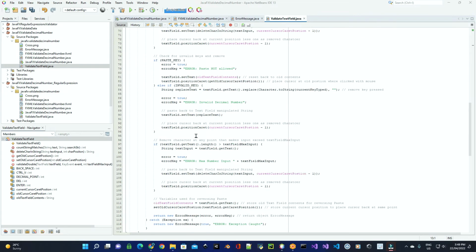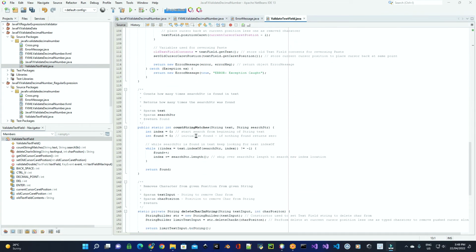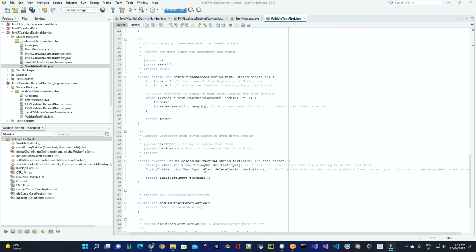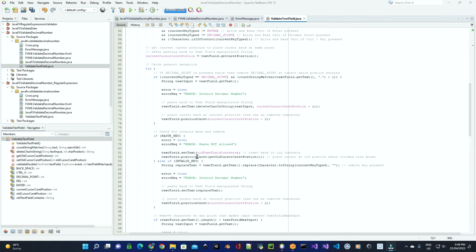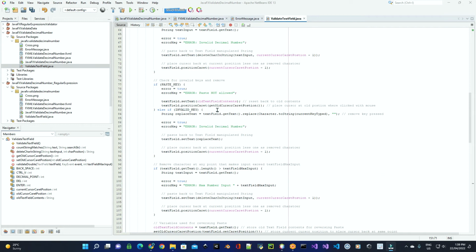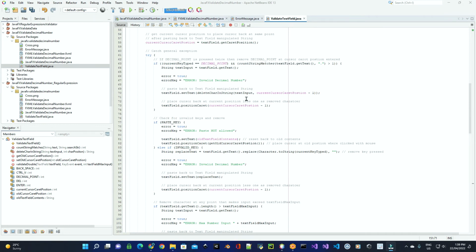And down here is where that actual extra method is, to remove the character at this position, and then returning that string that we've manipulated with the removing of the actual second decimal point itself. Now in here, for the actual countStringMatches method,